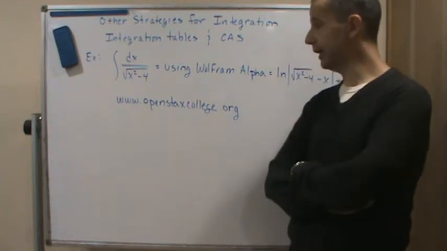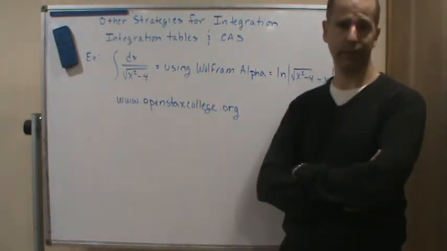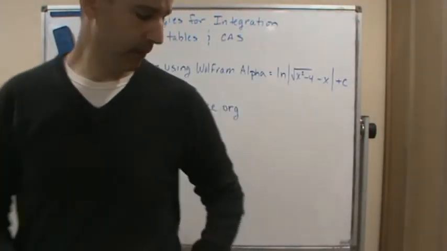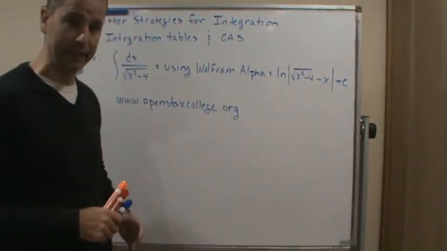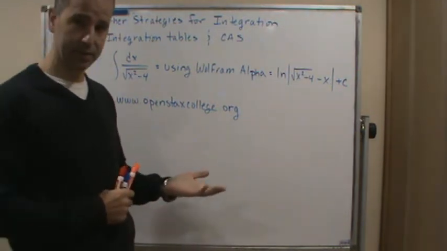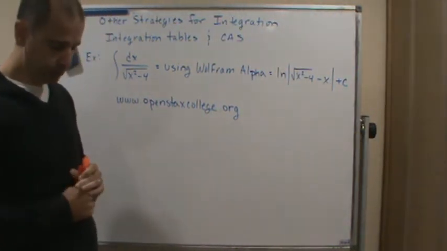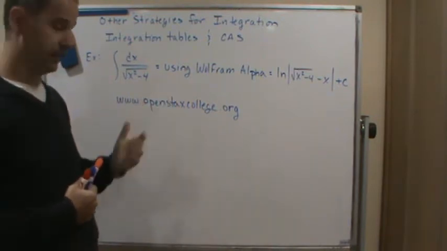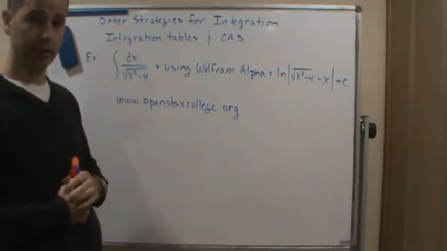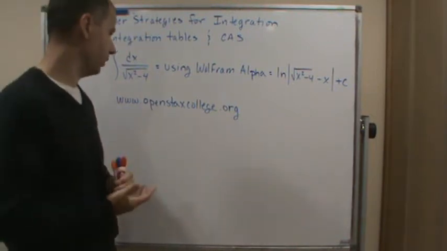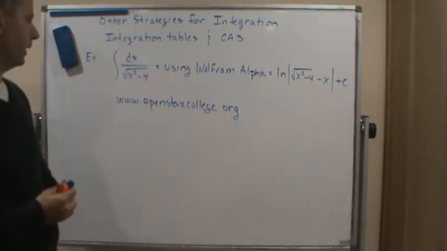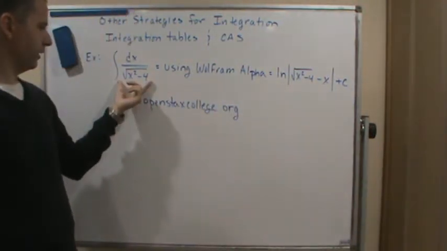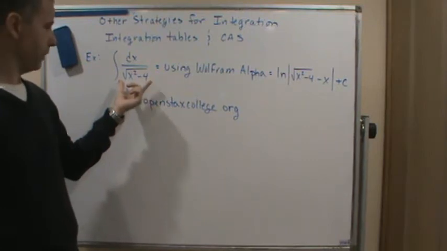Also the integral tables. But here I'm going to use Wolfram Alpha just to give an example. This is from the textbook. And just to give you an idea of what the differences might be between using a CAS, or using, for example in this case, trigonometric substitution. Okay, so if you use a CAS like Wolfram Alpha, if you put this into their program to integrate